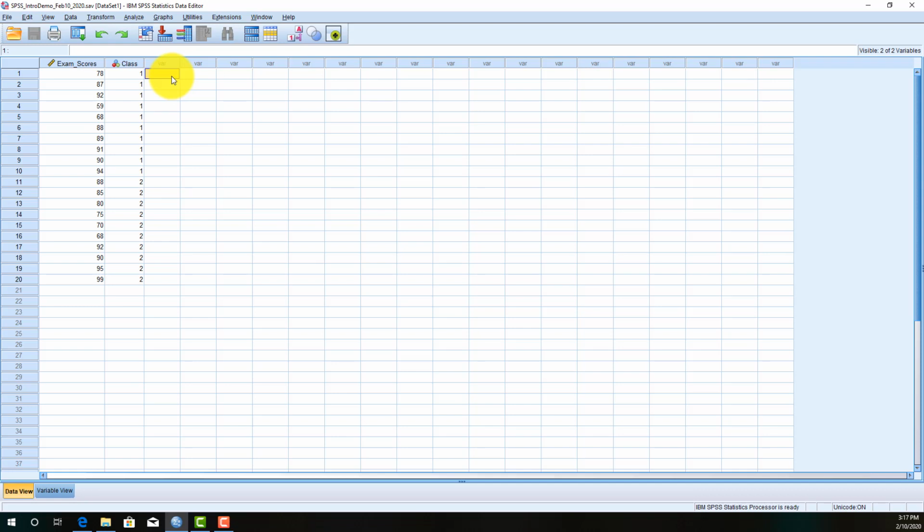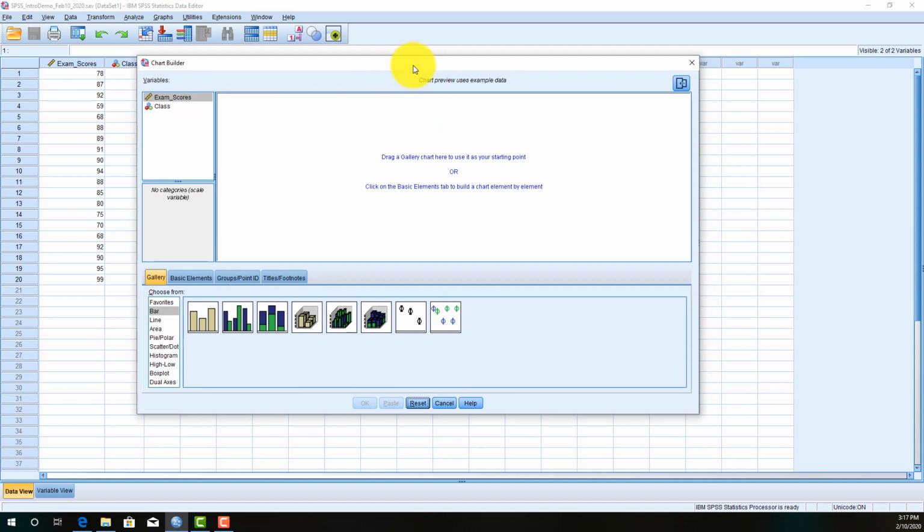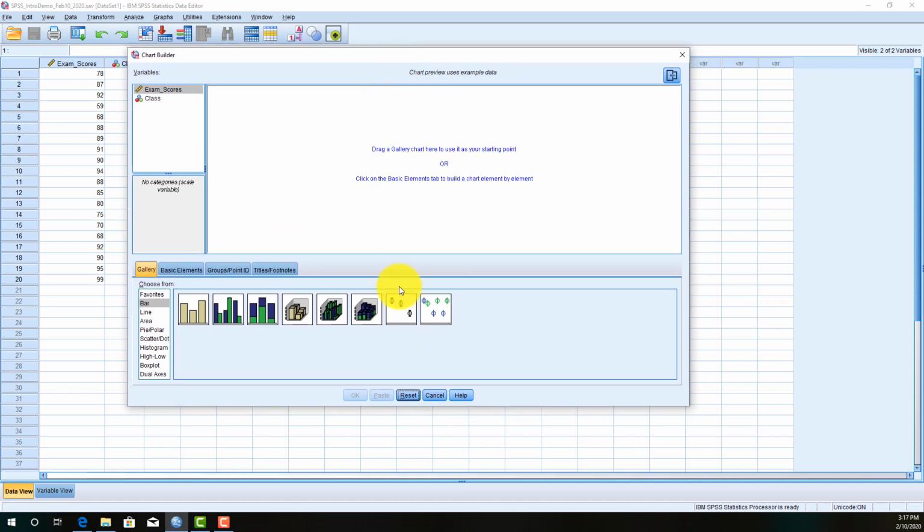So one way that we can create a basic bar chart is to go to Graphs, and we'll go to Chart Builder. Chart Builder is a function that is going to allow you to drag, drop, and work in a workspace. And what's important to know about the workspace is that it will show you what you have asked SPSS to put into a figure, but it will not give you an accurate representation of the values in your data